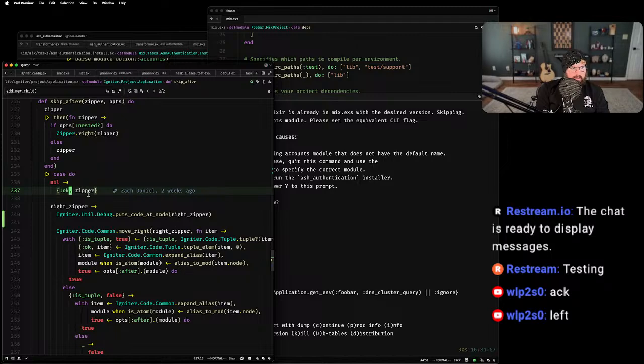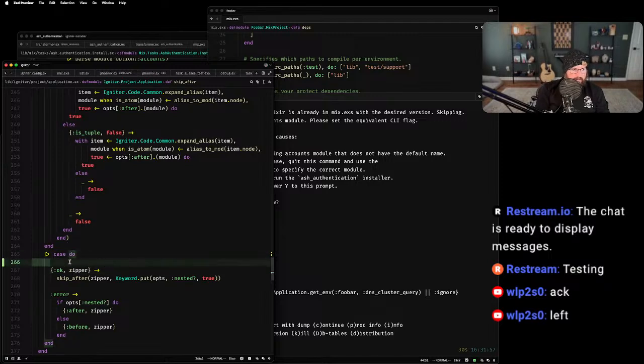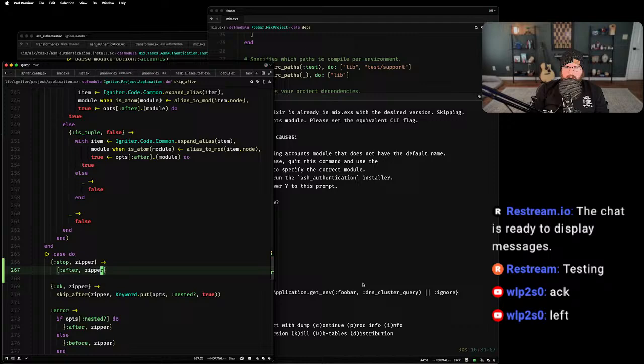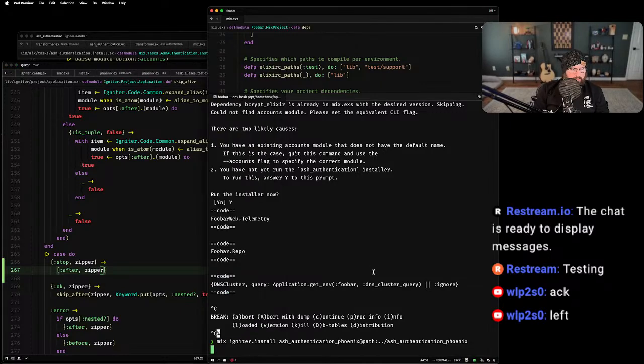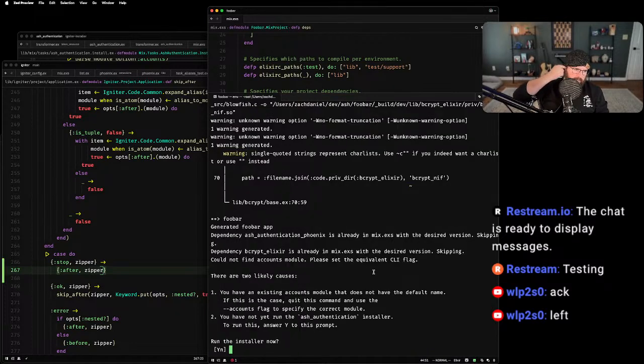So this needs to say stop zipper, and then this needs to say stop zipper, and then we're going to say after zipper. All right. I'm not sure if I logicked this one right, but we'll see.